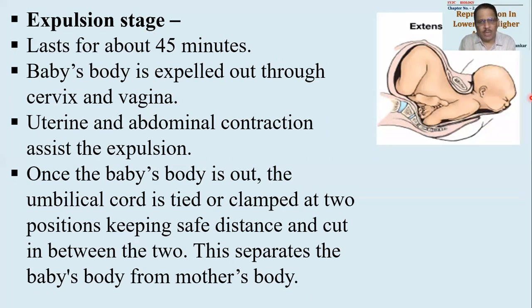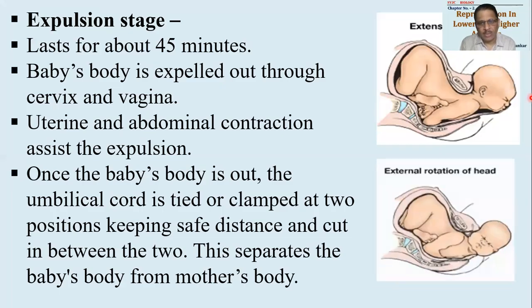नाउ बेबीज बॉडी जब बाहर आ जाएगा तो अम्बिलिकल कॉर्ड के ऊपर 2 क्लैम्प फिक्स किए जाएंगे. One clamp will be fixed very close to the body and keeping a safe distance of around, we can say, 5 to 6 inches, another clamp is put on umbilical cord so that the supply between the umbilical cord, placenta and baby will stop. There will not be bleeding, and between the 2 clamps the cord will be cut so that baby will be separated from mother's body completely. Okay,